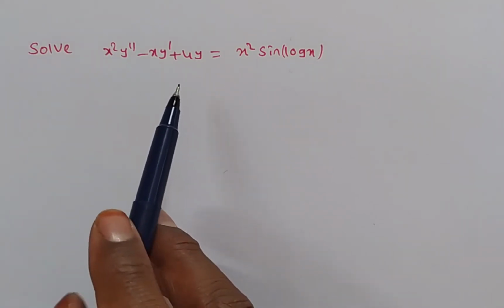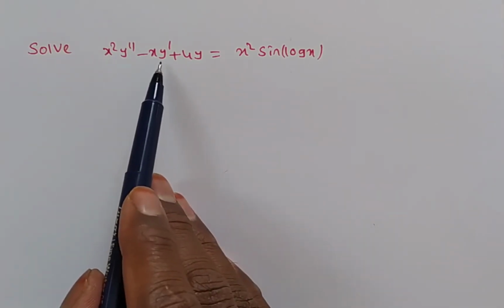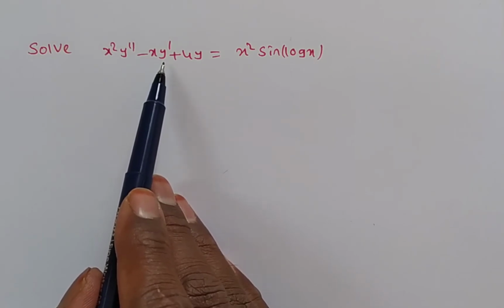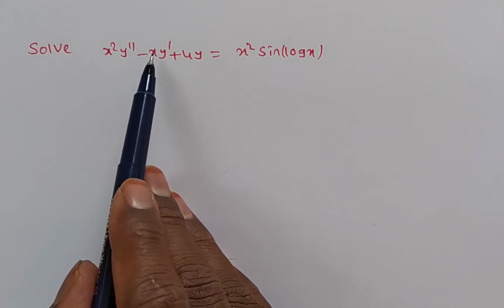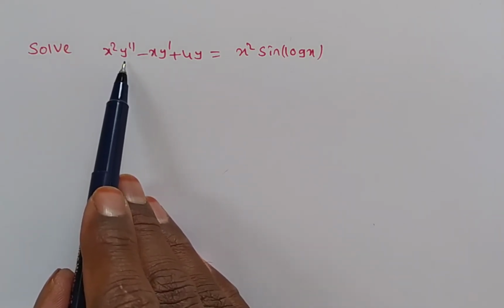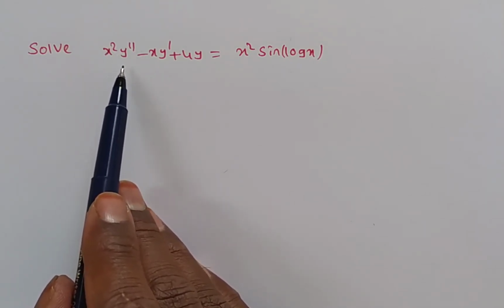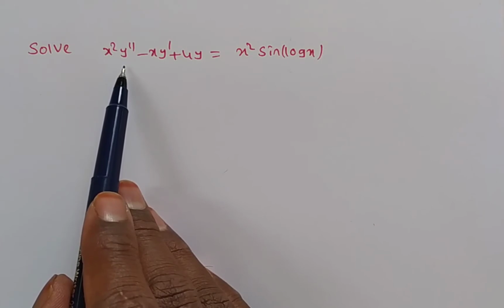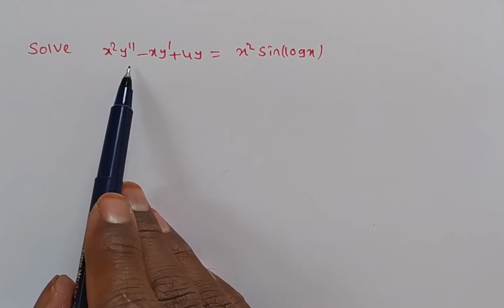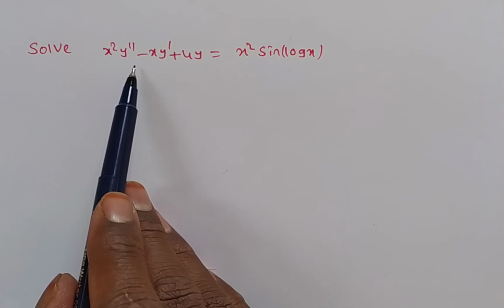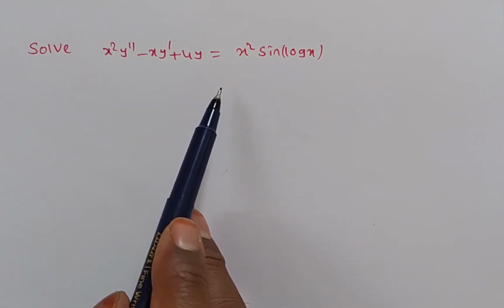And you observe this is y and this is y dash. Y dash is nothing but the first derivative. So the order of the derivative is 1 and the index of x is 1. Next, here the order of the derivative is 2 and the index of x is equal to 2. Whenever the order of the derivative and the index of x are both the same, then that is called a homogeneous differential equation, or else Cauchy-Euler homogeneous linear differential equation.